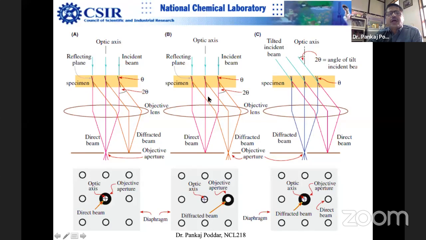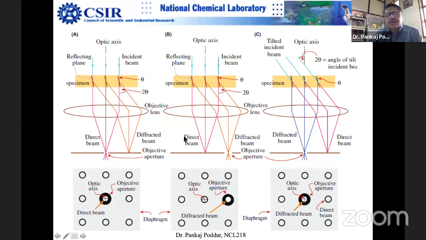So I can select now, but the problem is that diffraction doesn't happen like this. Diffraction happens in a cone. These planes are not just diffracting here. The same planes will be diffracting all around at angle theta. It's like a ring, but I'm selecting only a very small intensity. If I want to catch all those diffracted electrons at angle 2 theta,